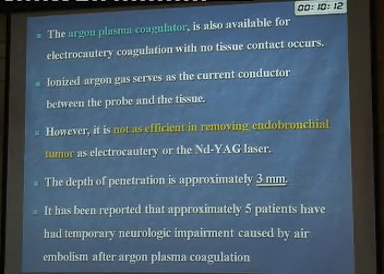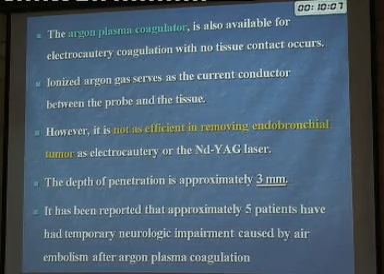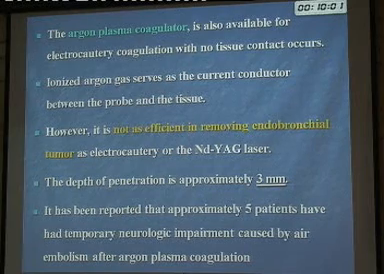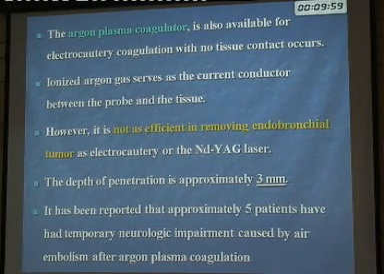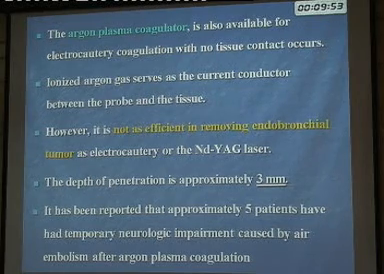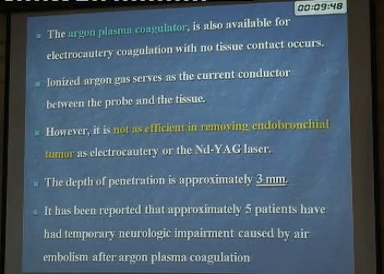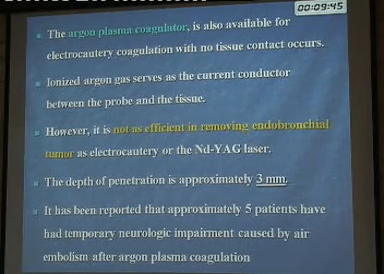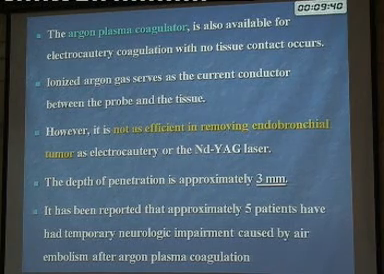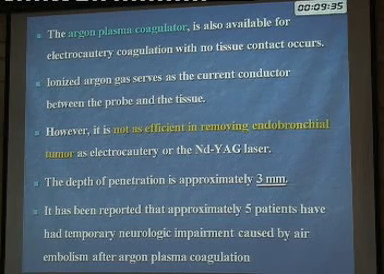Now, the argon plasma coagulator is also available for electrocautery coagulation, with no tissue contact occurring. Ionized argon gas serves as the current conductor between the probe and the tissue. However, it is not as efficient in removing endobronchial tumor as the electrocautery or the Nd:YAG laser. Also, the depth of penetration of the APC, the argon plasma coagulator, is approximately 2 to 3 millimeters only. And it has been reported that approximately 5 patients have had temporary neurological impairment caused by air embolism after the